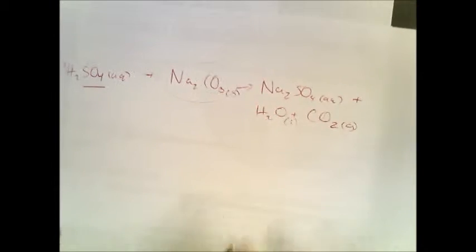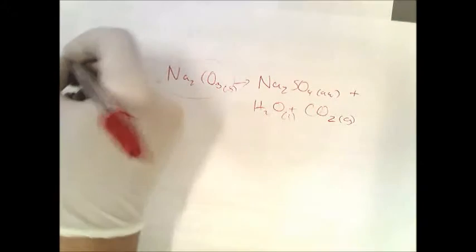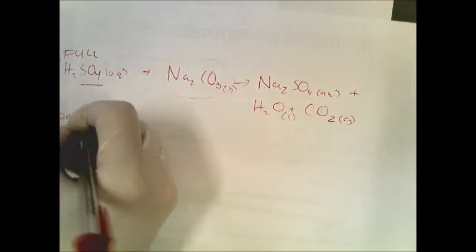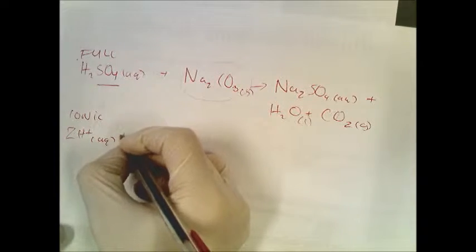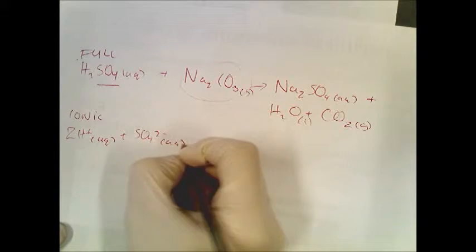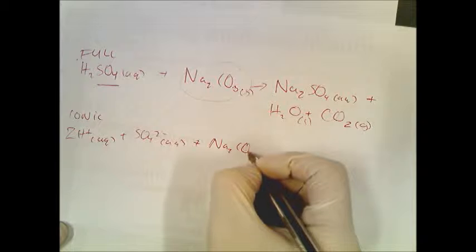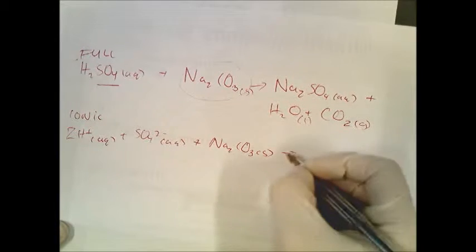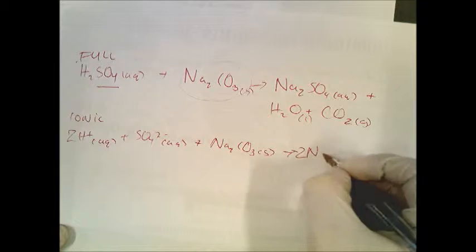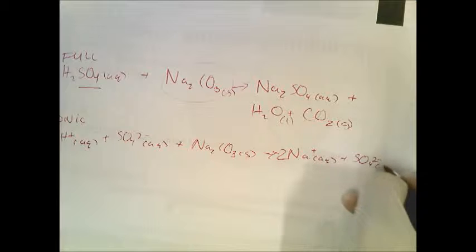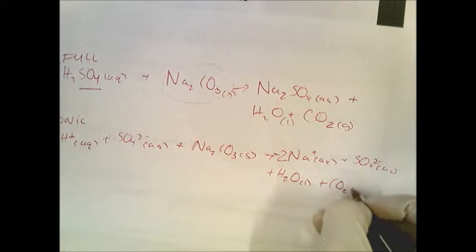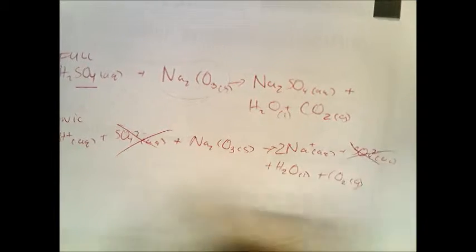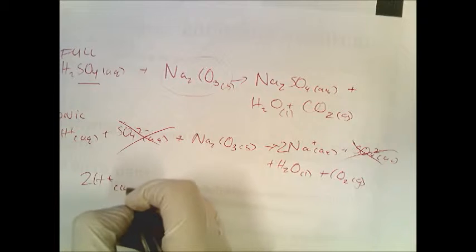Perfect. Now we have a look at the ionic equation. So this is the full. Ionic only separate the aqueous. So here we go. 2H plus sulfate plus sodium carbonate cannot change because it's solid, produces 2Na plus sulfate plus H2O plus CO2. And again, sulfate is the only spectator. So our ionic equation becomes